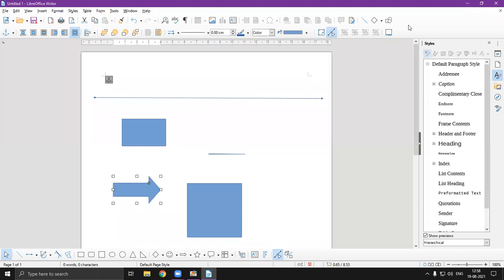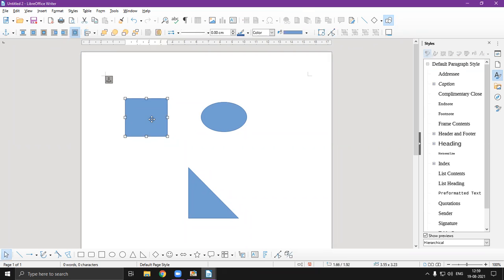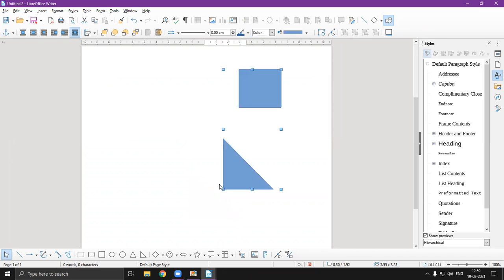Just a second, students. So these are our drawing objects. So here, pressing the shift key, I am just making it here. शिफ्ट की के साथ जैसे मैंने इसको किया, आप देख सकते हैं कि अब ये ग्रुप बन चुके हैं।